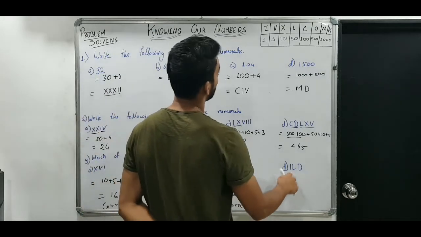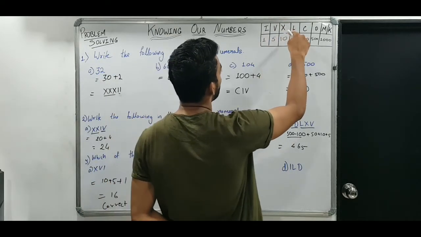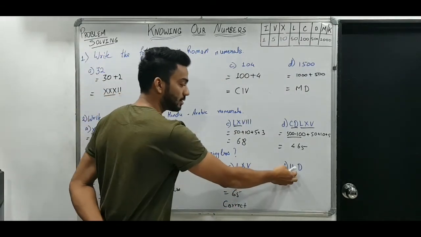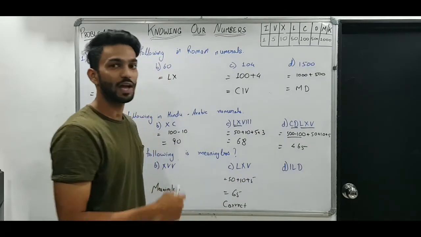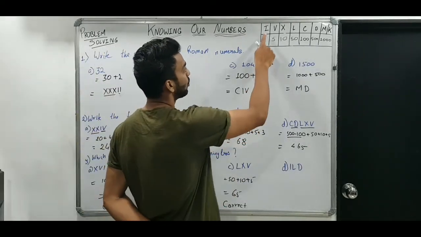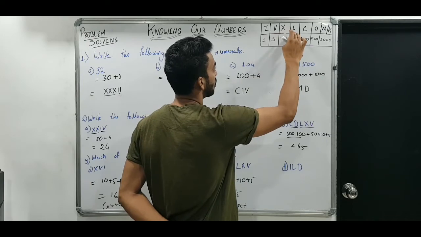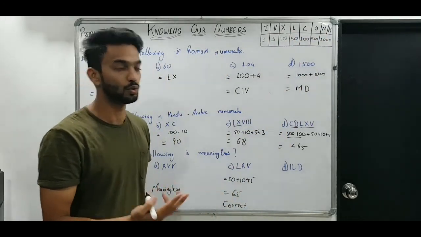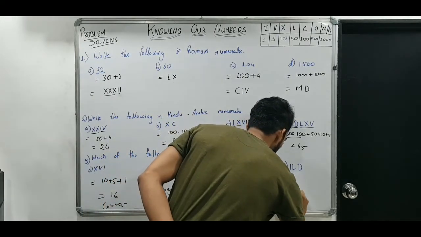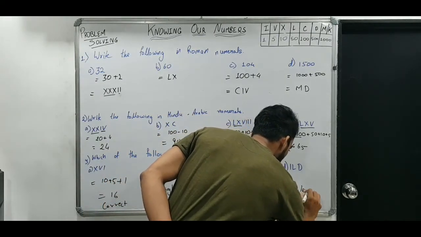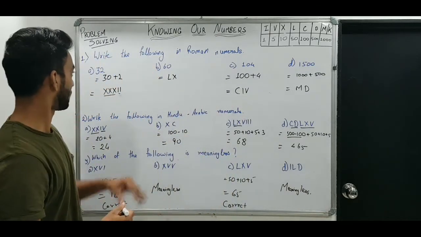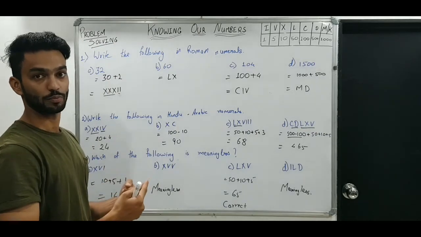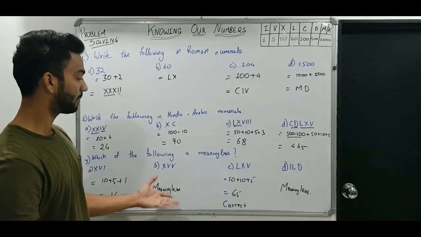Next, IL. I is written before L, means it is subtraction combination because some smaller symbol is written before a greater symbol. Left side में लिखा है small. But we have seen one more rule that I can only be subtracted from V and X, not from these. So I is written before this, means it has to be subtracted, but it is not possible. Rule नहीं है ऐसा. Therefore, meaningless. So that's how. Here expanded form करके लिखो, easy जाएगा. Here find the combinations, addition, subtraction combination है तो उसके through, and here as per the rule.